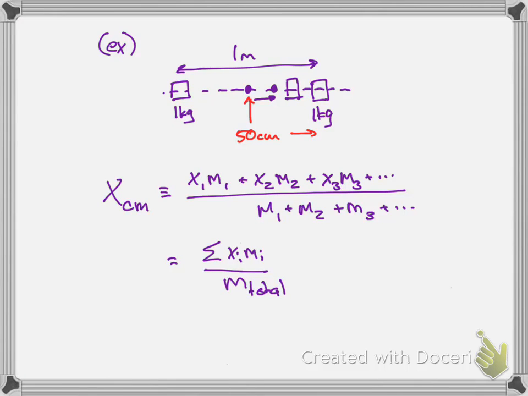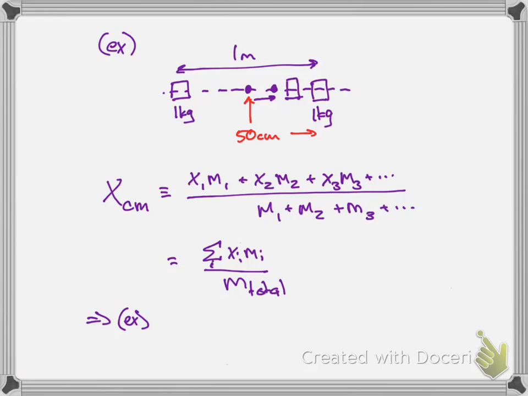So this is also more simply written as the sum sign, right? That's the Greek letter sigma, capital sigma, of x_i m_i, where we're summing over i, divided by mass total. So let's just do the example that we did above. But in order to give our masses positions, what do we have to do? Because what is the position of the 2 kilogram masses that I wrote down?